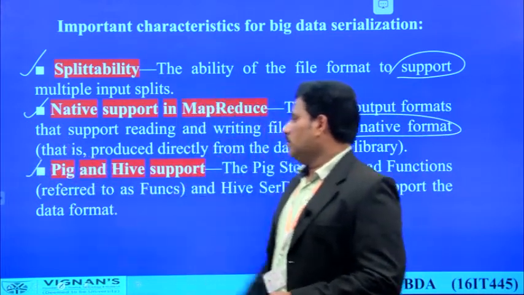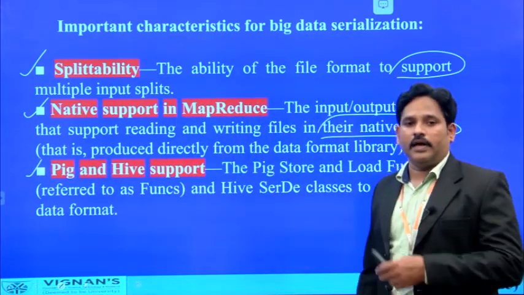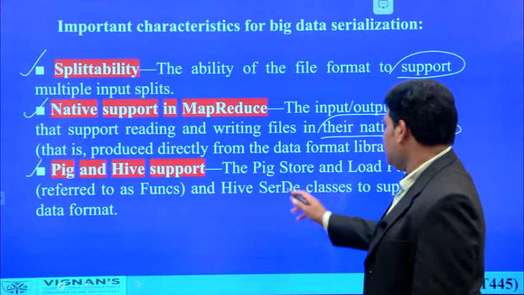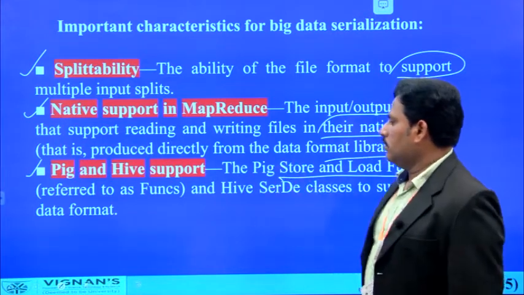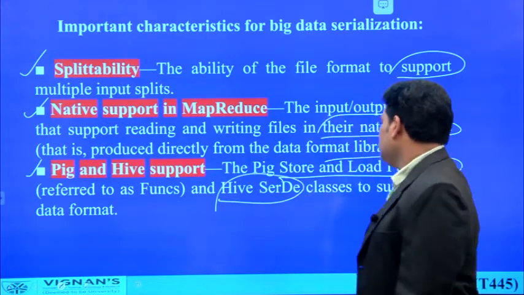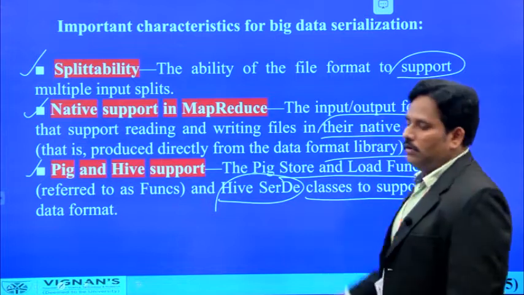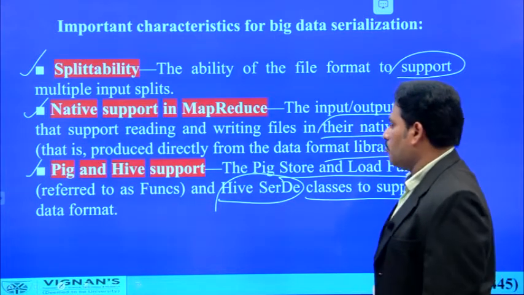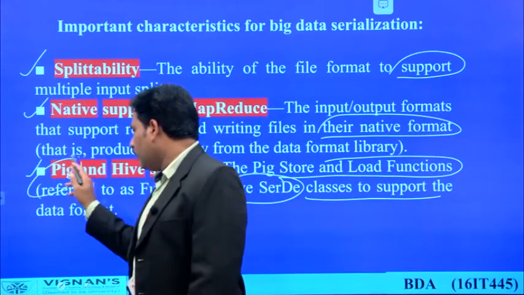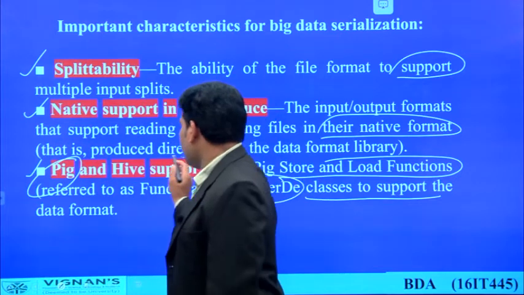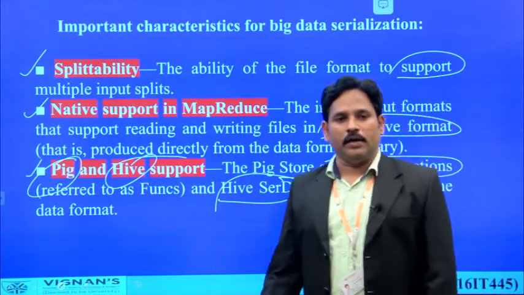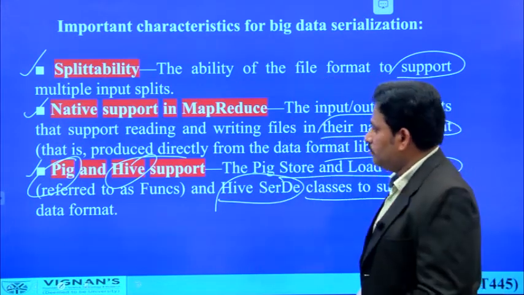Next one is other projects of the Hadoop environment, they are Pig and Hive. So these are also used for processing activities. So Pig stores and loads functions related to big data, and Hive uses or stores various formats of data. That means the functions which are required to perform in the big data or Hadoop environment, Pig will store, and formats of data are going to be maintained and collected by the Hive project. So Pig and Hive are the two inbuilt sub-projects of the Hadoop ecosystem.